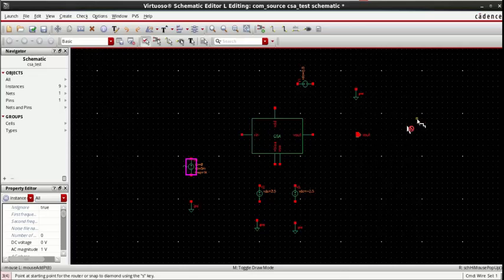Now we will take a wire and connect it properly. So I press W. So connect all the appropriate wires. All are connected, all wires. Now go for check and save to check any error.